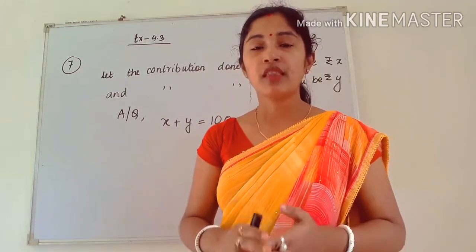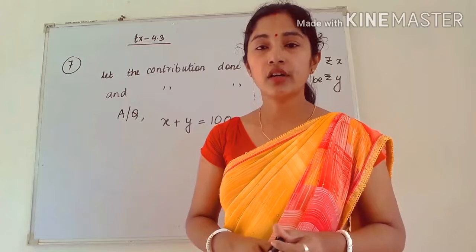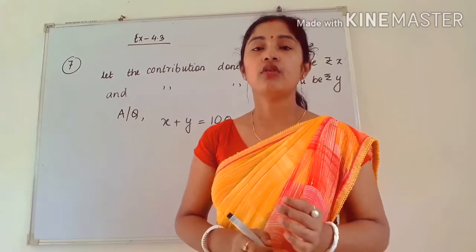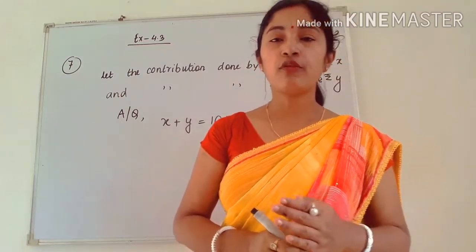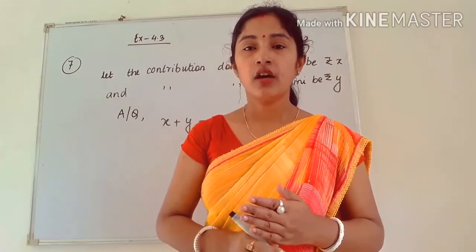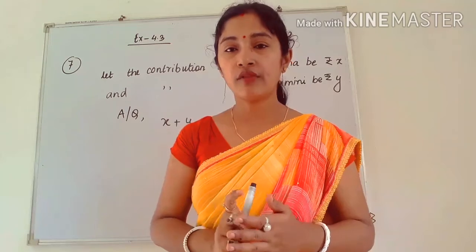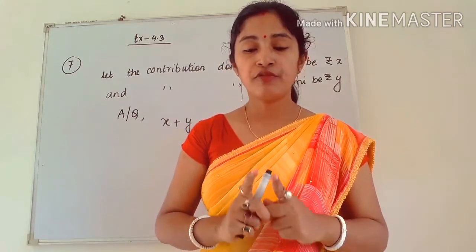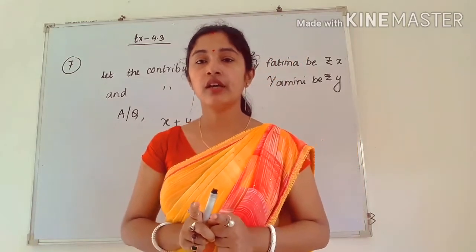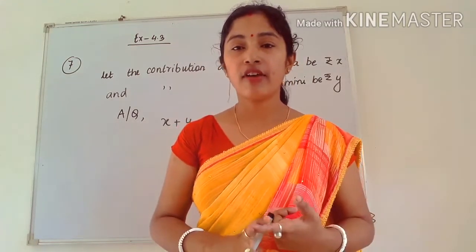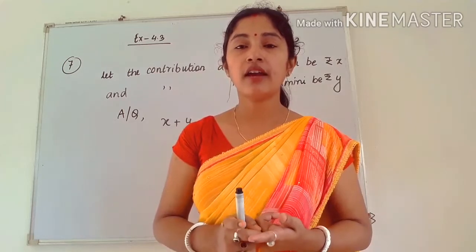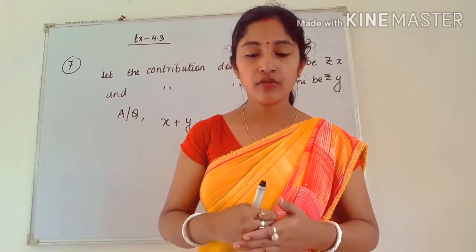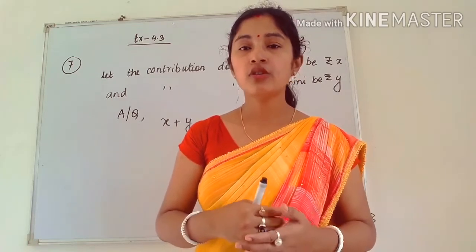F is equal to 9 by 5 C plus 32. So what we have to do? We have to first draw the graph of this equation. So first of all, you have to find 4 sets of solutions and write them in the table. Already we have done this in our previous class. How to do it, you know. First of all, find the 4 sets of solutions, and you can take F as X and C as Y. By taking that, you can easily plot the graph. Like that, first of all we will find the solutions.